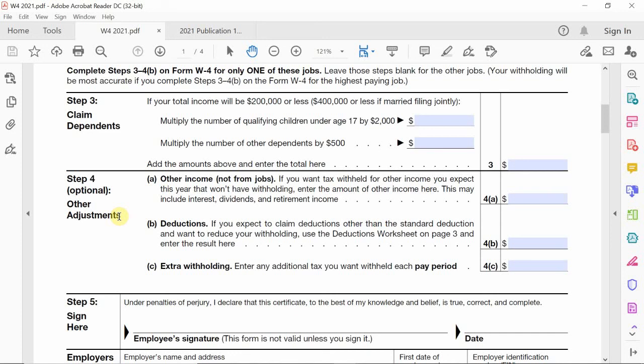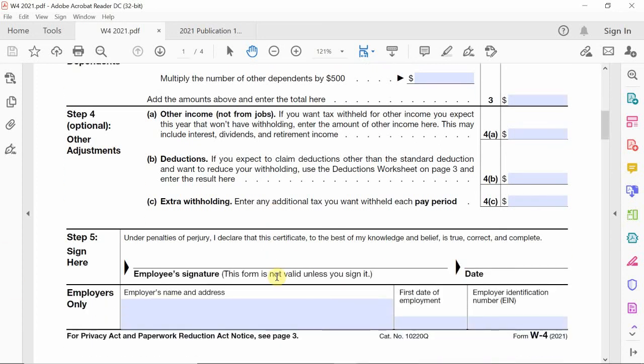And then any other deduction. So if you own a home, that's a deduction. I believe that's the only one I really know. You can take a lot of deductions. So once again, the best person to talk to about this is your tax accountant, because they're going to tell you what benefits and what deductions you can take and what you want to claim from your employer. So once again, all of those are going to be the new 2021,